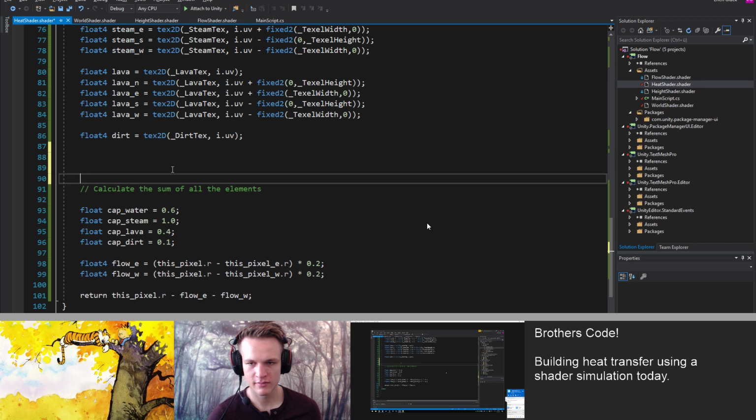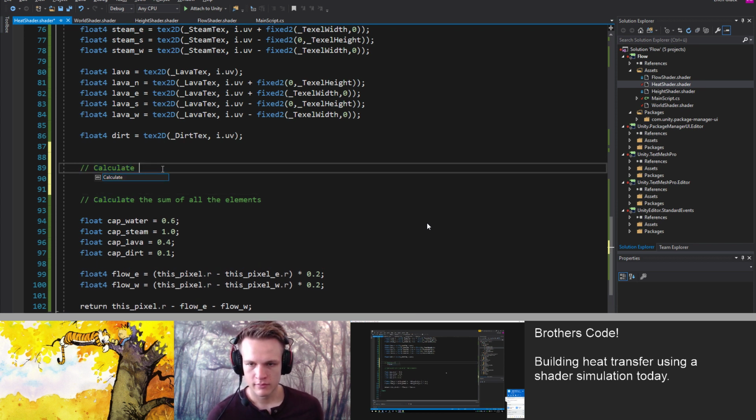So what do we need to do? Calculate what capacities? We keep calling it capacities. It's probably not the right word, but it's like flowability or conductance. Maybe we should use the word conductance, conductivity. Conductivity, conductance, conductivity. Is that the word? Heat capacity is you add heat to it and it increases by that amount. Heat conductivity is how fast that amount can flow. Capacity is what I was using to calculate temperature. That's right, so conductivity is what we need.